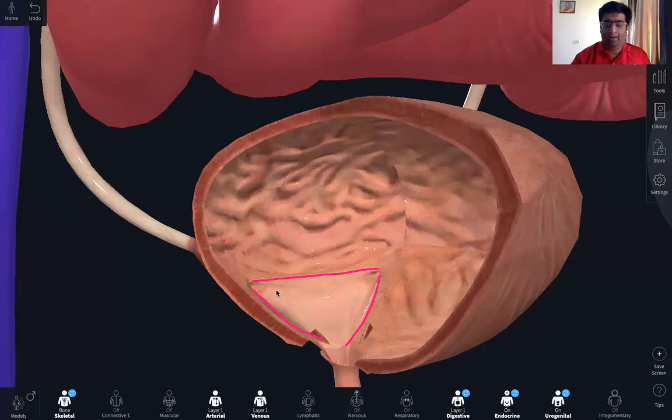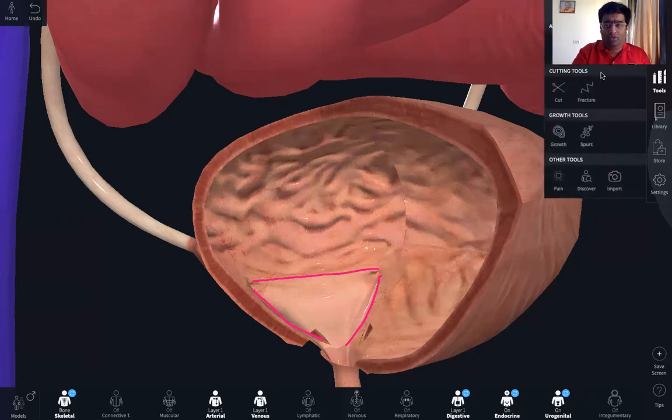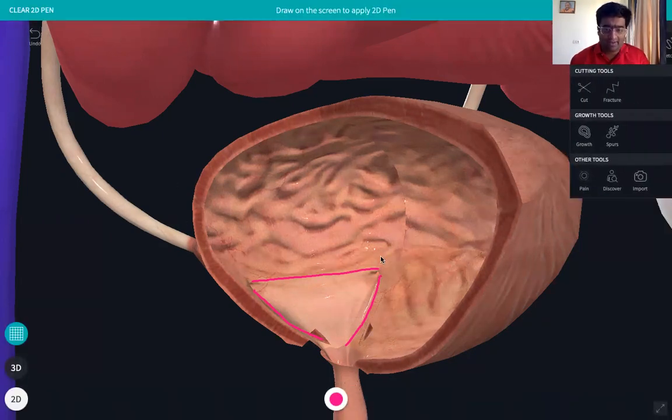Now, the region where the ureters open into the urinary bladder is somewhere here where my mouse pointer is. So the region where they open is a trigone. It is somewhat a triangular structure represented by those pink lines that I have drawn here. Okay. So the trigone is the region in which the ureters open into the urinary bladder. So if I just highlight the small openings to make it clearer to you all, here is where one ureter will open, and this is the region where the other ureter would open. So this completes the trigone.